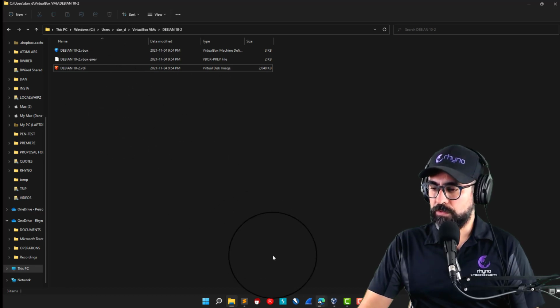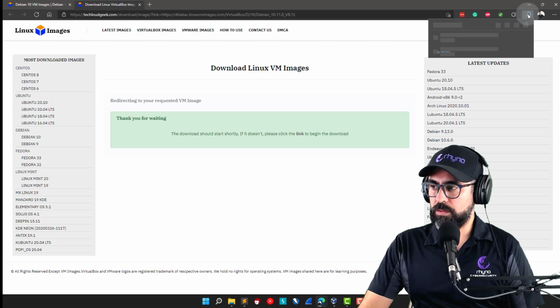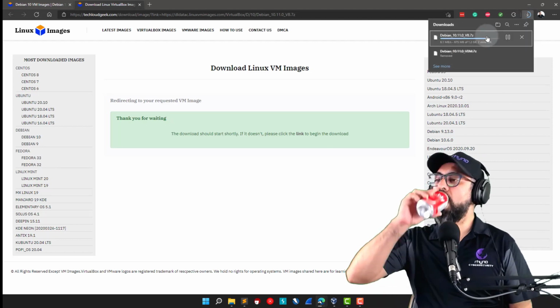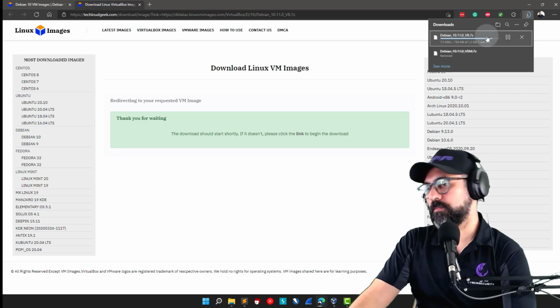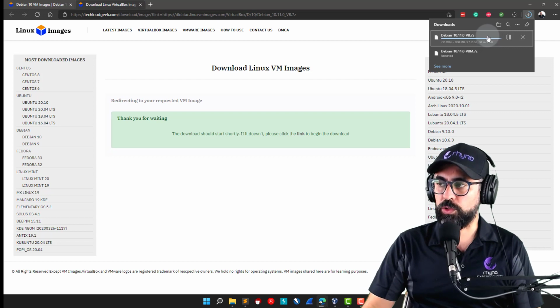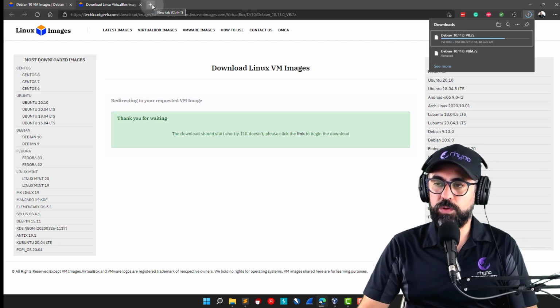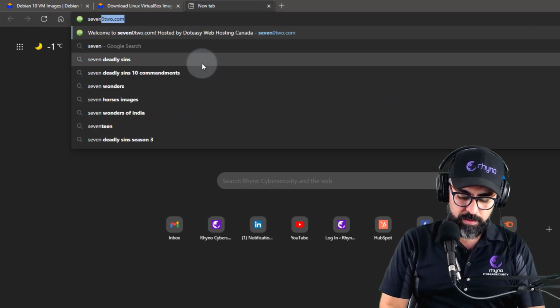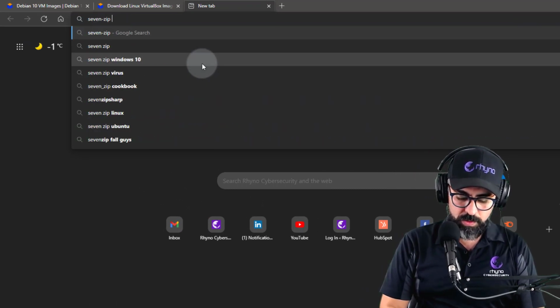So now if I go back to my downloads, we just have to wait. One thing that you should do is also download 7-Zip, right? So in another tab, just type in 7-Zip download